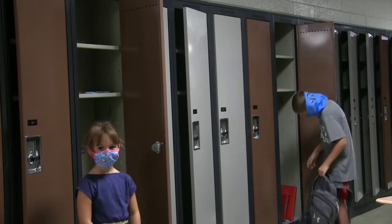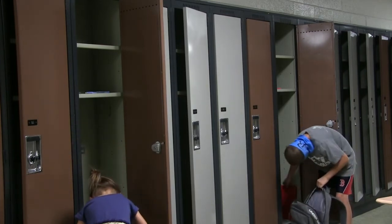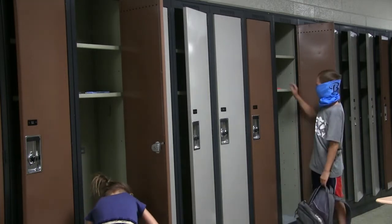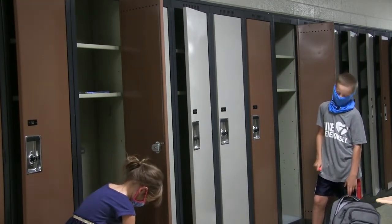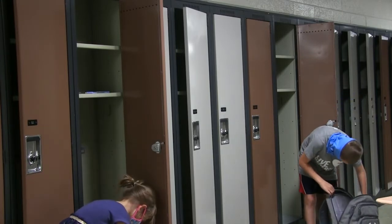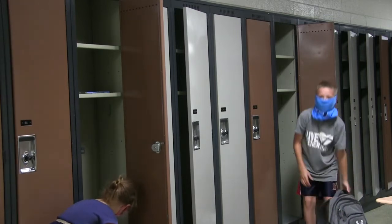So the next stop for everybody will be their lockers. You can fill your locker with your first 2 hours worth of classes. You're going to want to do that because we do not want to stop at our lockers throughout the day. We'll have 2 times a day where we'll end up at our lockers, maybe 3 times at the end of the day. You get things you need for your first 2 parts of the day,